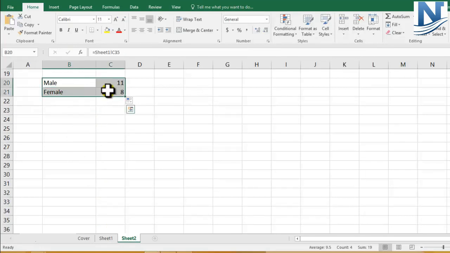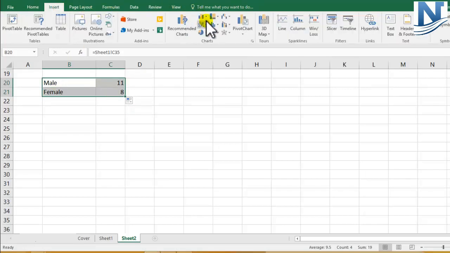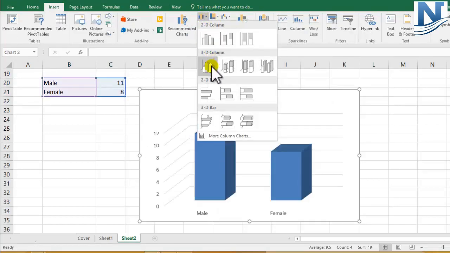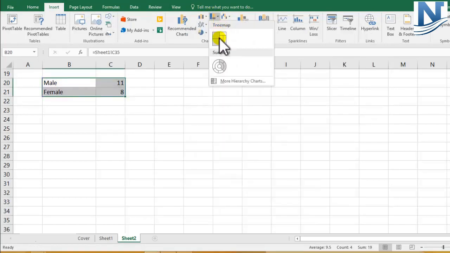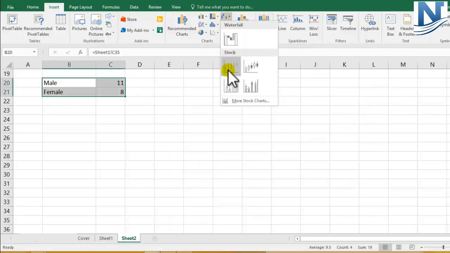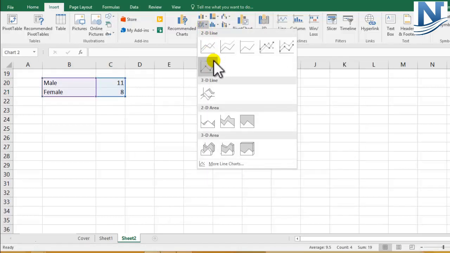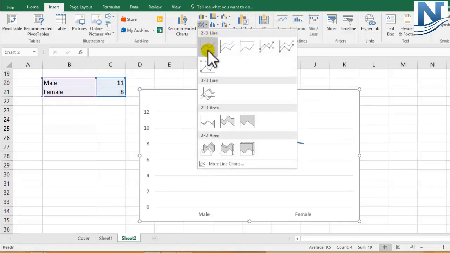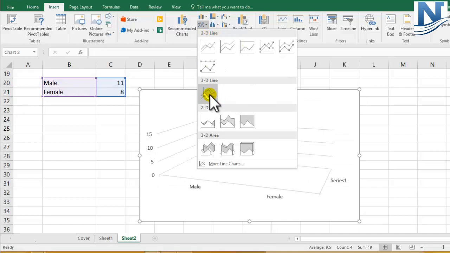For this data, there are various charts that you can prepare. If you go to insert, you can insert a column chart that we have seen. There are 2D columns, there are 3D columns. There is something new called a tree map, which is not useful in this case. Let's come to waterfall type of charts. Again, not useful in this specific case. You can include a scatter chart. A line chart is again present over here. There are 3D lines.